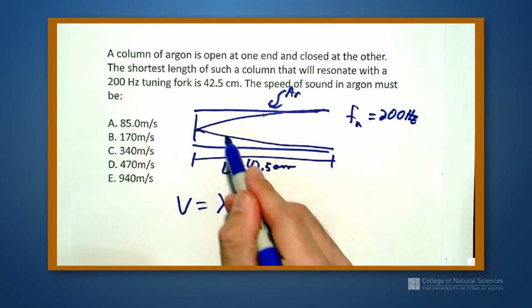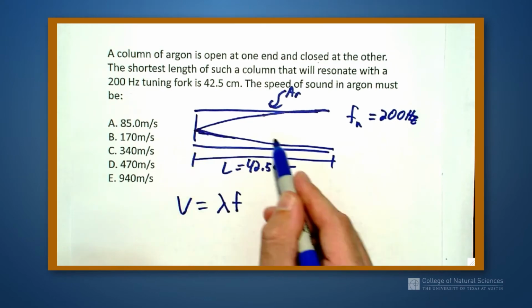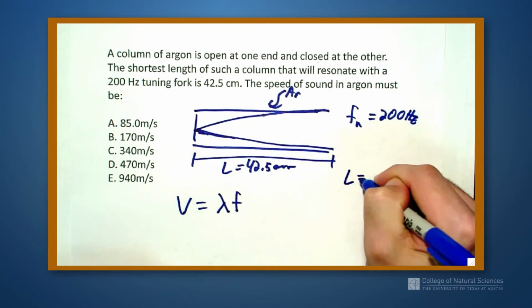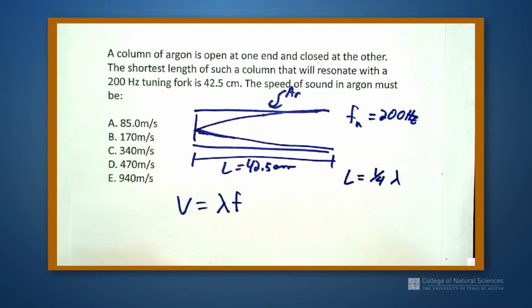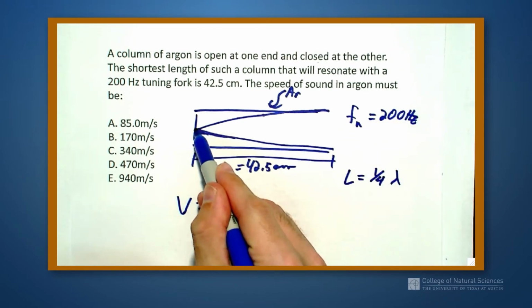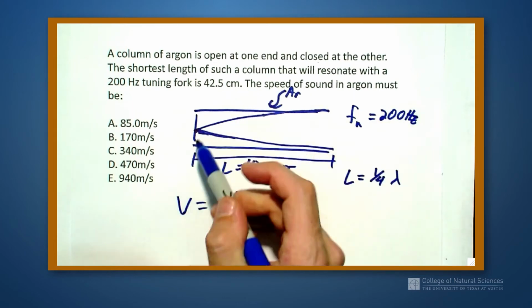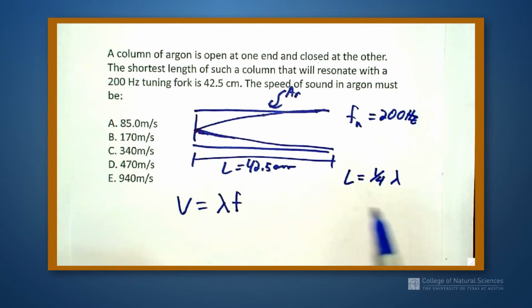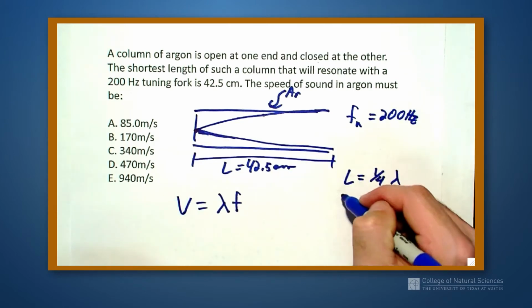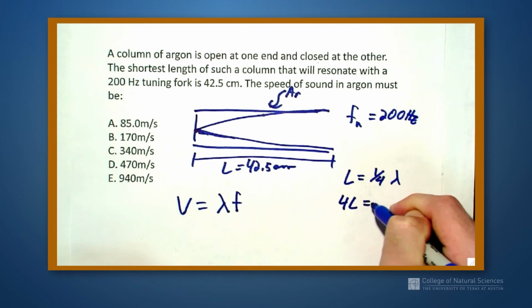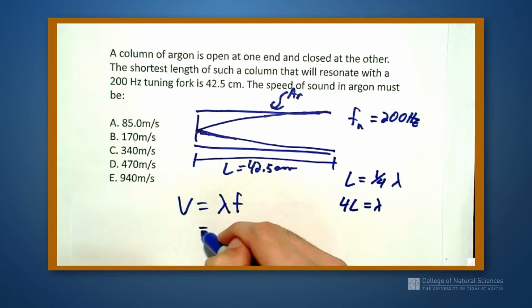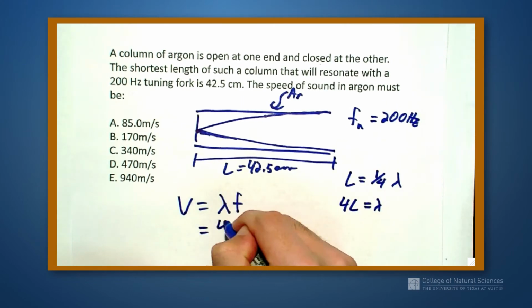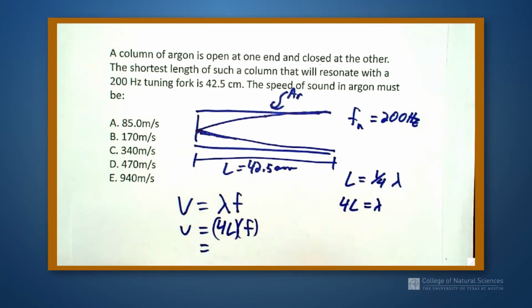Well, I see over here that this tube, this length, is equal to a quarter of the wavelength. I go from a node to an antinode, so I'm a quarter of the way through the cycle. I would have to go node, antinode, node, the low antinode, and back up. So this is a quarter wavelength, which means 4 times L is going to be equal to my wavelength. So I just substitute in. I get 4L times the frequency is equal to my velocity, which when I plug in the numbers is 4